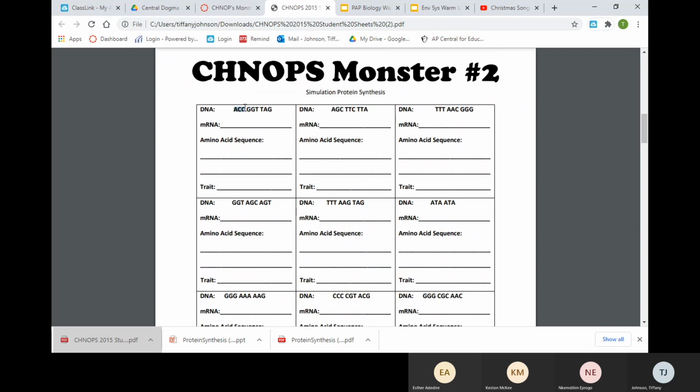DNA. So for instance, for monster number 2, the DNA is ACC. What is the mRNA codon? UGG. And then the next is GGT. So what is the mRNA codon? CCA. And the last is TAG. So the mRNA is